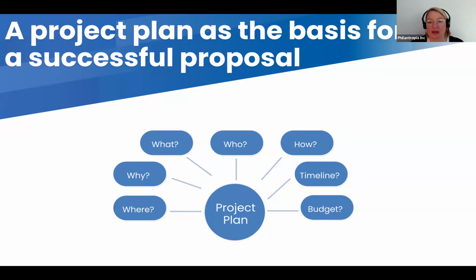Then how? What are the approaches that you want to use? So are you going to work with awareness campaigns, or are you going to distribute stuff? Are you going to do training, or are you going to build something? So that's the strategy. Include a timeline, or at least a basic timeline: when do you want to start? How long is each task going to take? And what are milestones along the way that you need to achieve by a certain point in time?